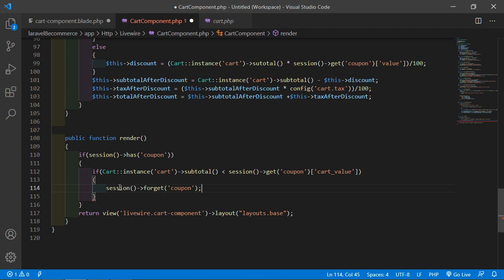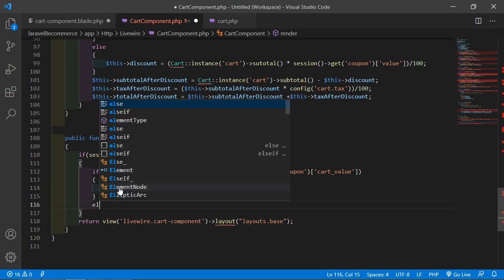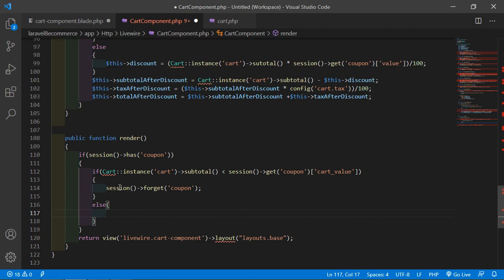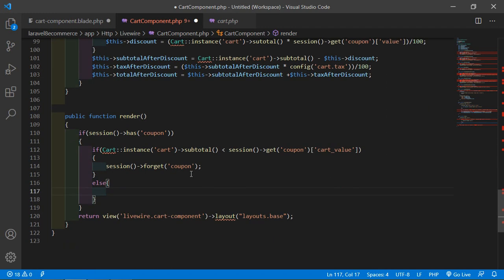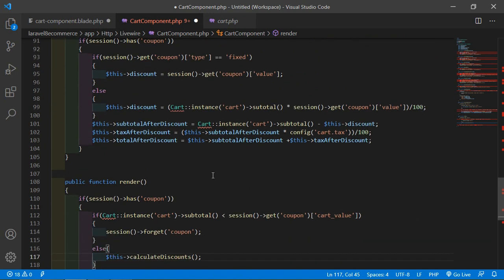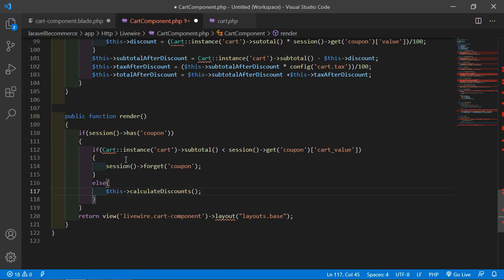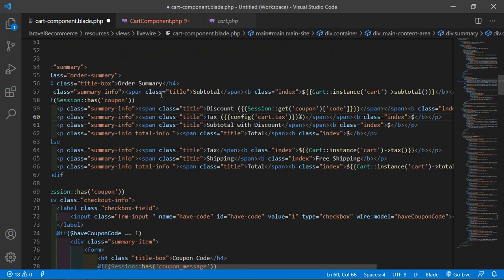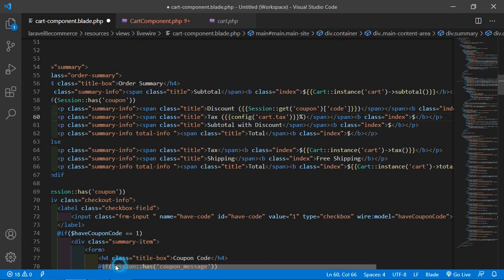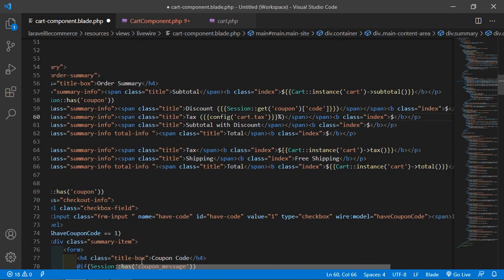Otherwise, let's call this function for calculating the discount. So for accessing this, write $this->calculateDiscount. All right, now save this file and now go to the cart component view file, and inside the order summary,